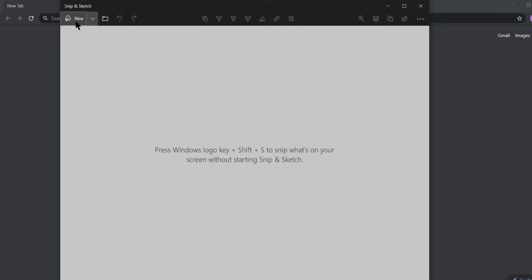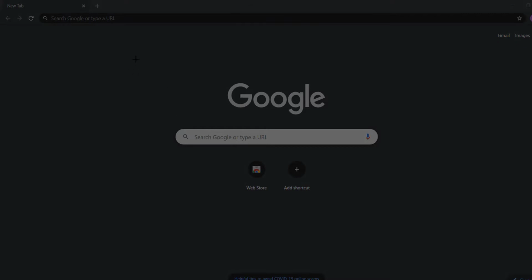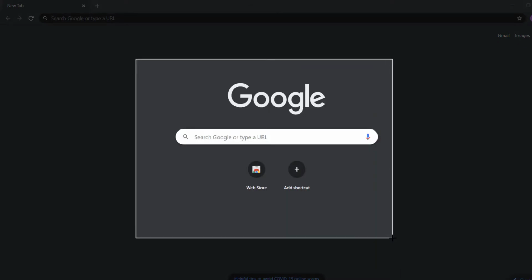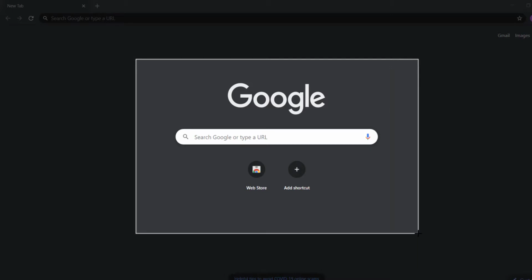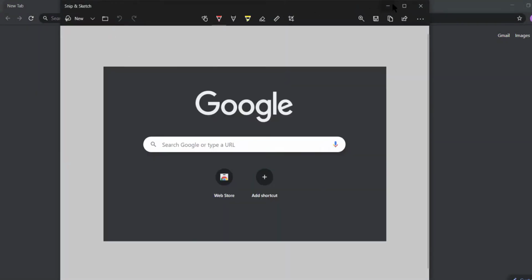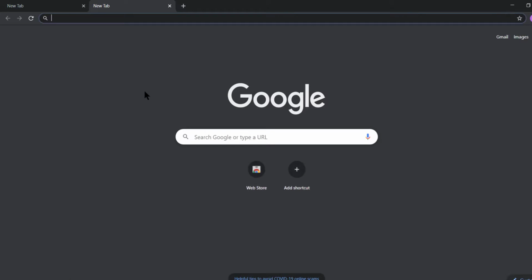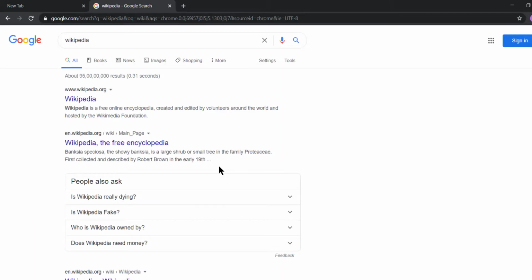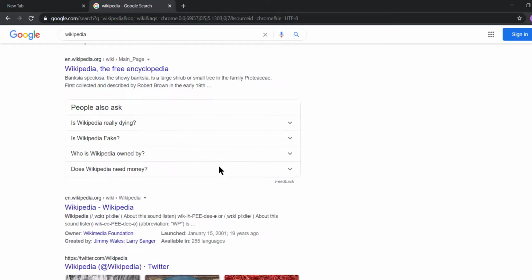Here, what we are able to do is click on New and then take a part of the screenshot. But let's say if you want to scroll down, I am moving the mouse wheel, but I cannot go down, right? Okay, I'm sorry, there was nothing there. So let's just go to Wikipedia. And okay, this is a long screenshot, right?